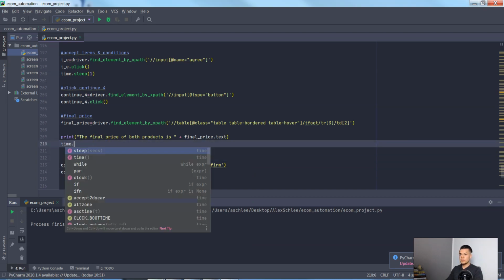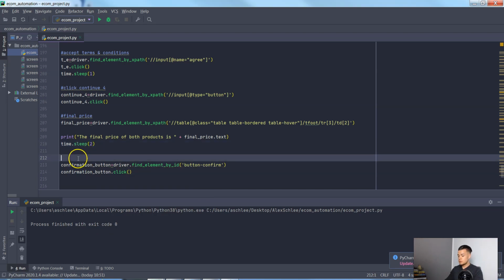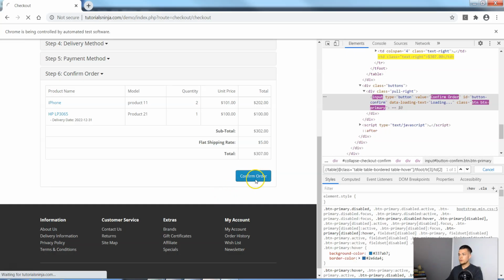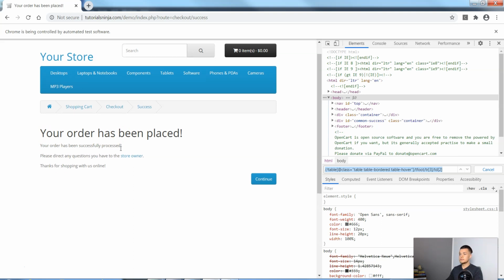Let's wait for 2 seconds until we proceed, and don't forget to comment this one: click on the confirmation button. Good. After we have done this, you can see here we reach this success text, and yeah, let's say that